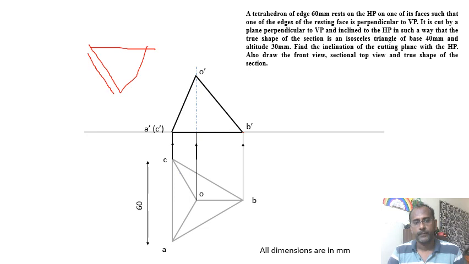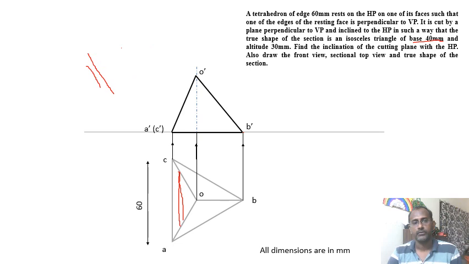So that is the base of the isosceles triangle in the final true shape, which will come somewhere here, right? So that is the clue. We know that the base edge length is 40 mm in the question. So what you have to first do is draw a line over here for a length of 40 mm parallel to AC. Why? Because that will give the true length, which will be the same in the final true shape also. So that is the pick.